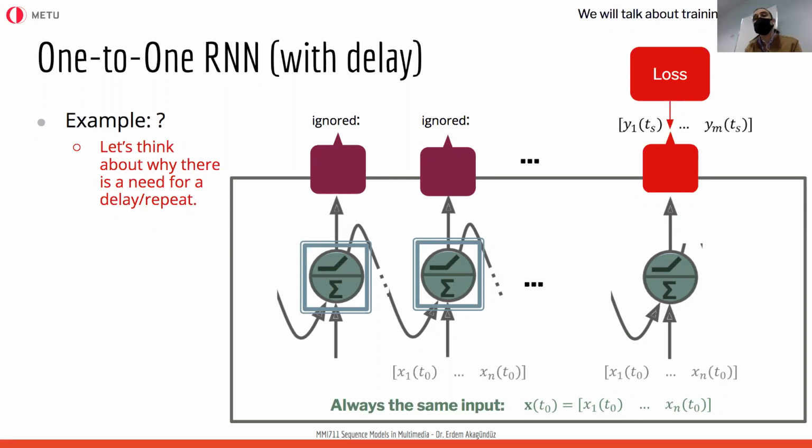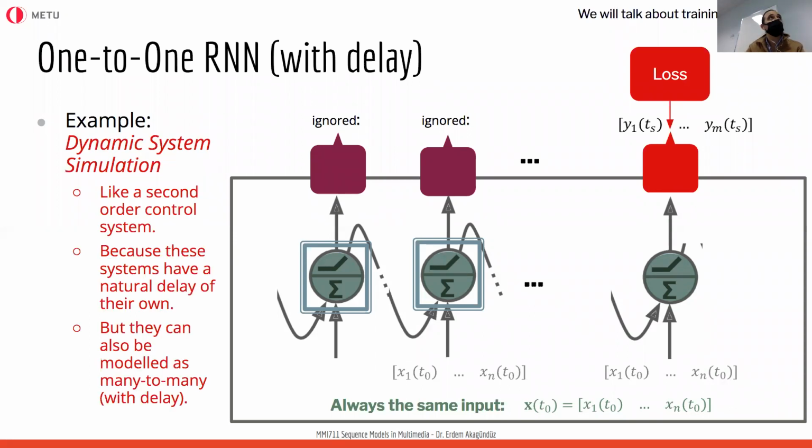Okay, so an example for it. Why would I need a state? In what kind of an example? Guys, for example, dynamic system simulation. Imagine you have a control engineering system where you have inputs and outputs. You definitely need some sort of delay because those architectures have delays. I can give you any type of control engineering example, but I'm going to specifically give you an example regarding